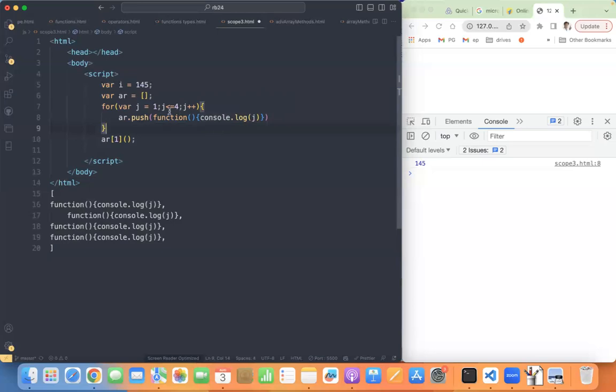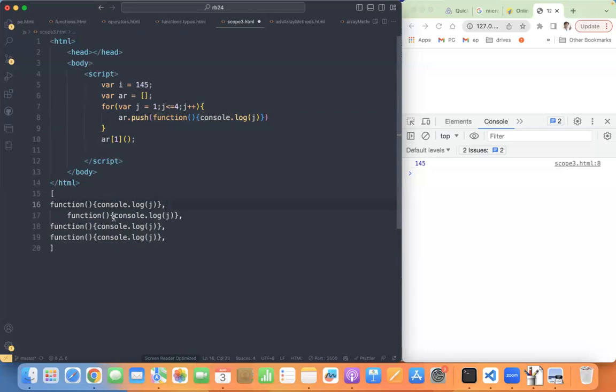It is not an inner function of an outer function. We don't have an outer function. So this for loop will not bind the j value to this function. This function doesn't have the j value. j is there as a global variable. Of course j is bound, but bound as a global j.